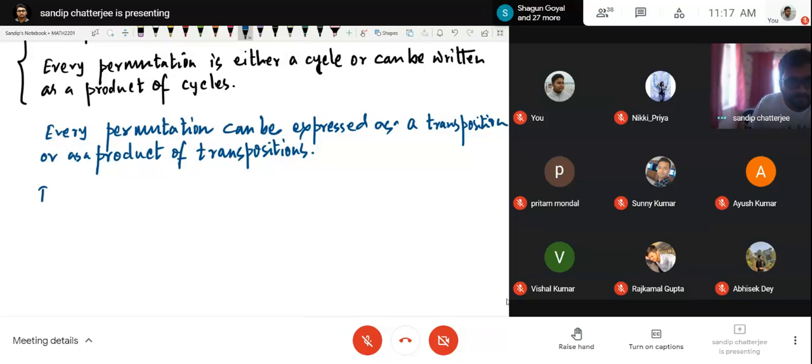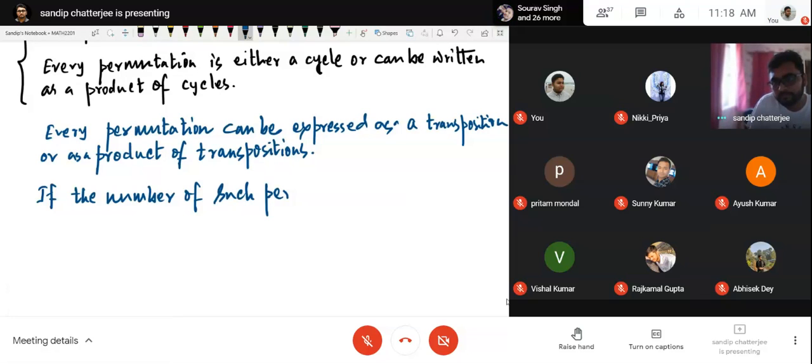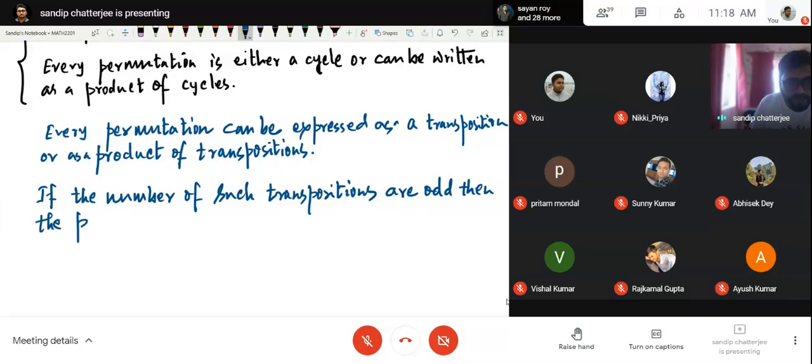So if the number of such transpositions or two cycles is odd, then the permutation is called an odd permutation,